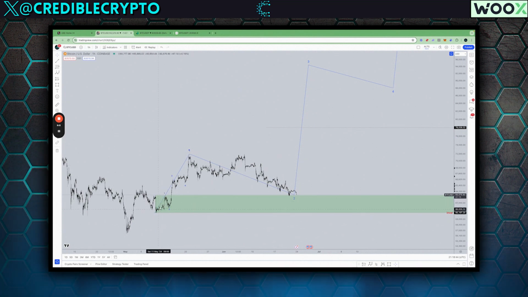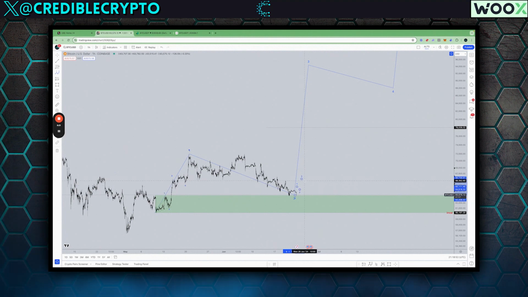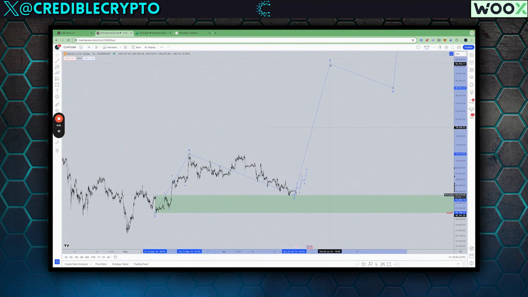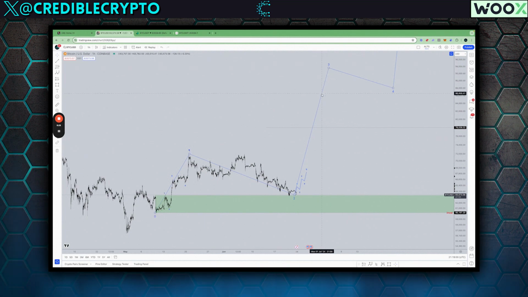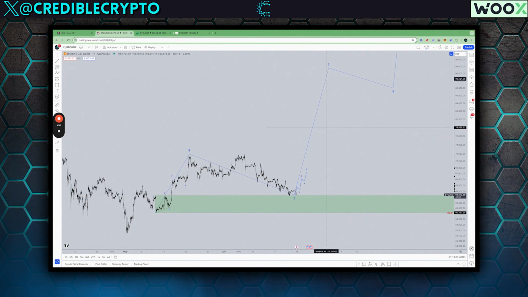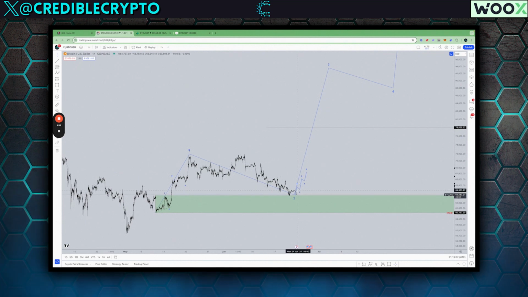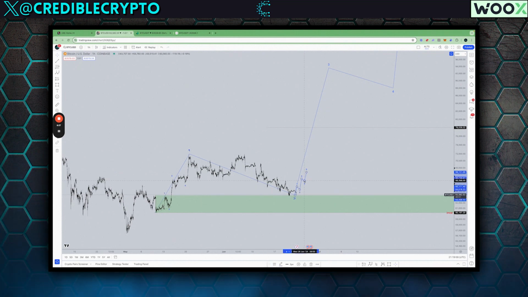This first one was a little bit tricky. We call this a leading diagonal. It's kind of a special case scenario, a unique scenario. But again, what we're looking for is a small impulse here to indicate that this larger wave has begun. I'll talk in a minute about time expectations for this move, as well as price targets, because there are some nuances here that I want to cover. But again, we're looking for this sort of lower time frame impulse. We haven't got one yet, and we're waiting to get one for confirmation.